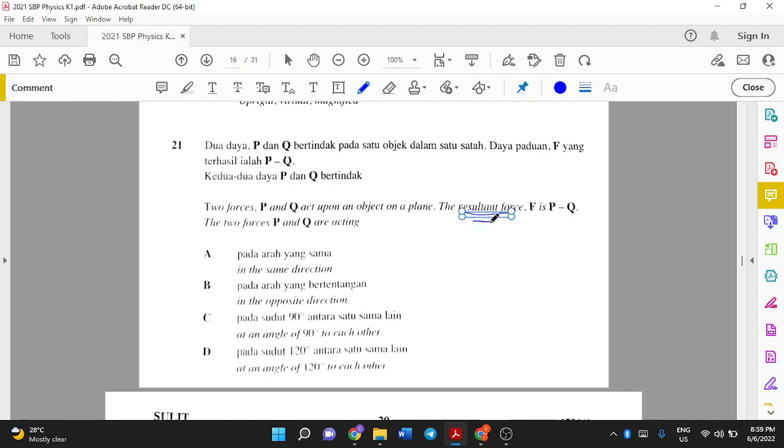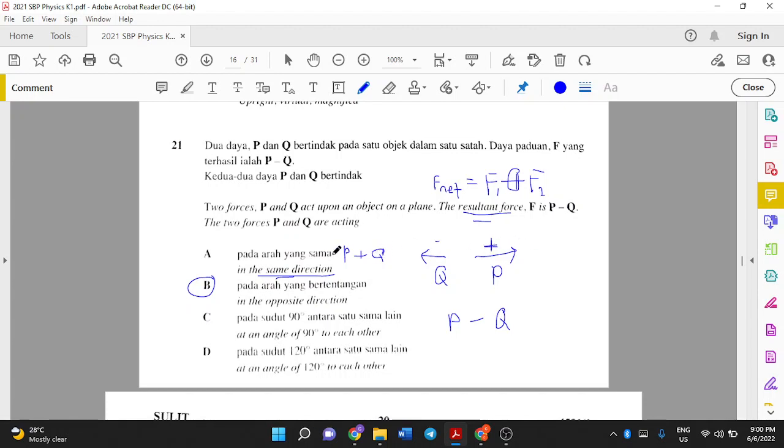So we know that the resultant force F net, the formula for it is F1 plus F2. But you need to take into consideration whether it is a positive sign or negative sign. So we assume that towards the right is positive and towards the left is negative. If I let this become P and this become Q, you will get P minus Q, because they are in opposite directions. If they are in the same direction, you just do P plus Q, because both are moving in the same direction,